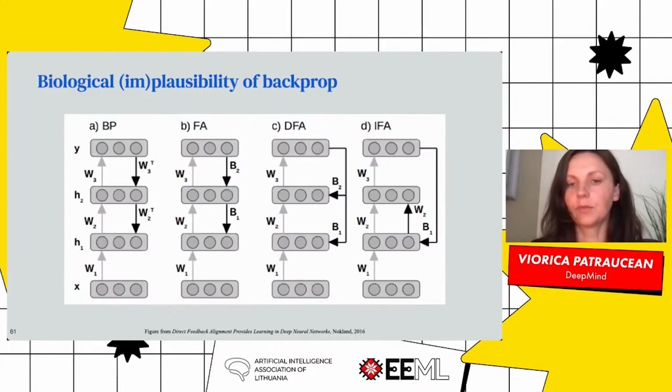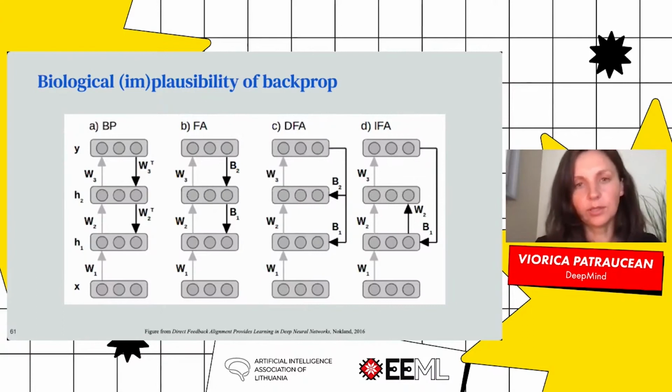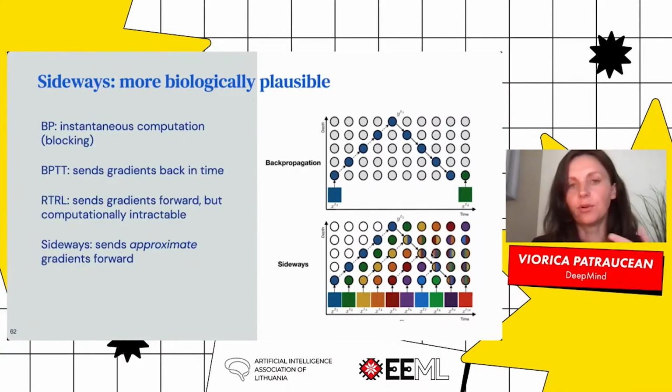And then on the right, we see different methods that try to get rid of these symmetrical weights. For example, in feedback alignment, the authors proposed to use a fixed random set of weights instead of the transpose. And then the network has to learn to use this signal to adapt its forward weights. And this works to some extent. It was shown to work. But again, these works were shown on fairly small datasets or even synthetic datasets, whereas with our approximate scheme, we have shown results at large scale. We think that Sideways, for all these reasons, is more biologically plausible.